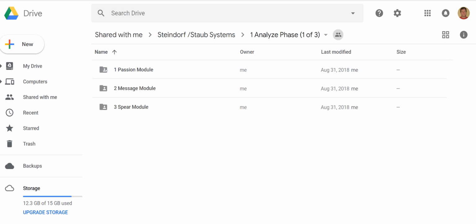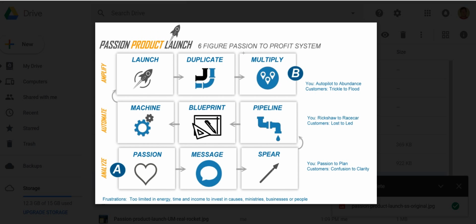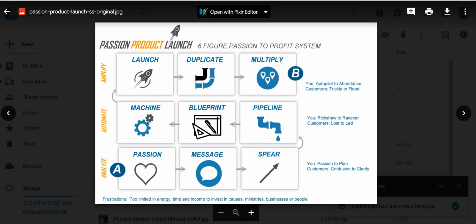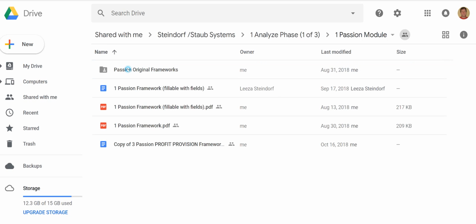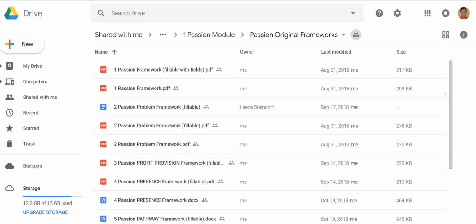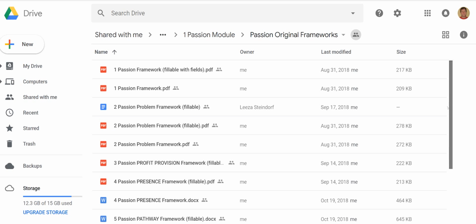So in the analyze phase, there are those 3 parts, the passion, message, and the Spear. And if we look back here, passion, message, and Spear are the first 3 modules, and they each have several frameworks. So the passion module has the several frameworks that we've already done here. We actually have 6, but we also have a motives grid and basically a 10 keys before startup that we use more as a survey to find out where people are,